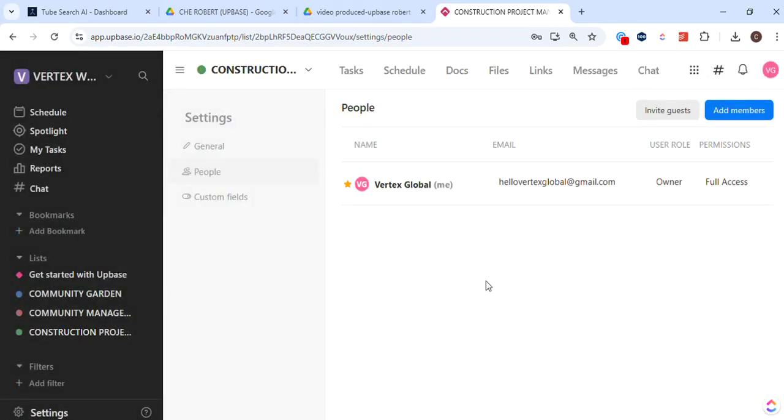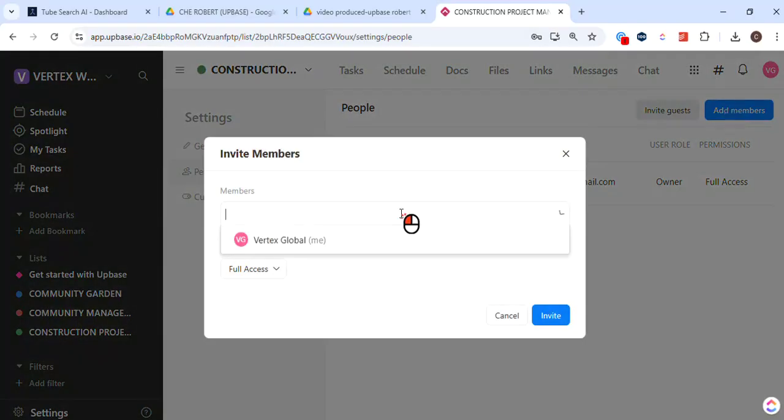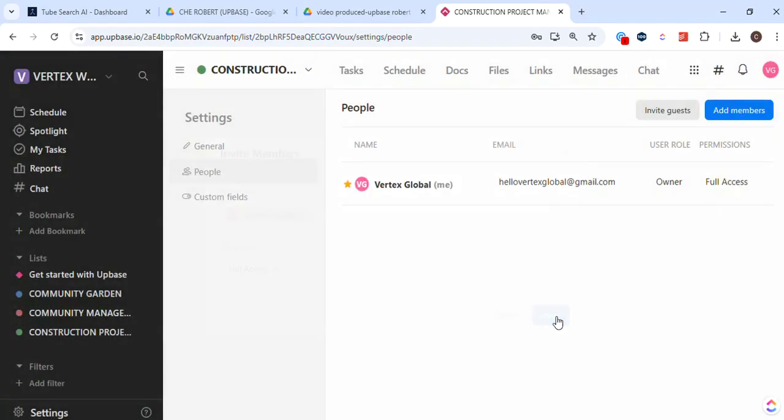on the same page. Now that we've got our project set up, it's time to add team members. You can do this by clicking on Add Team Members in the project settings. Here, you'll be able to invite your team members by email. This is crucial because it ensures everyone on your team has access to the project and can contribute their skills